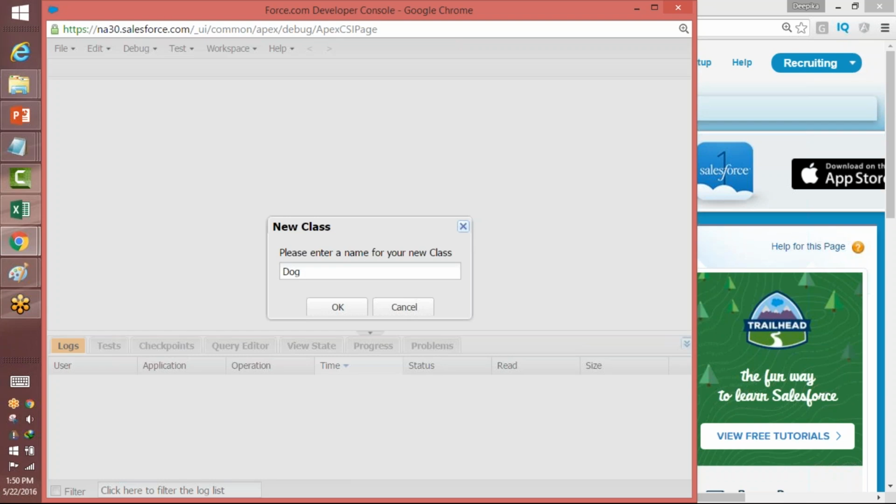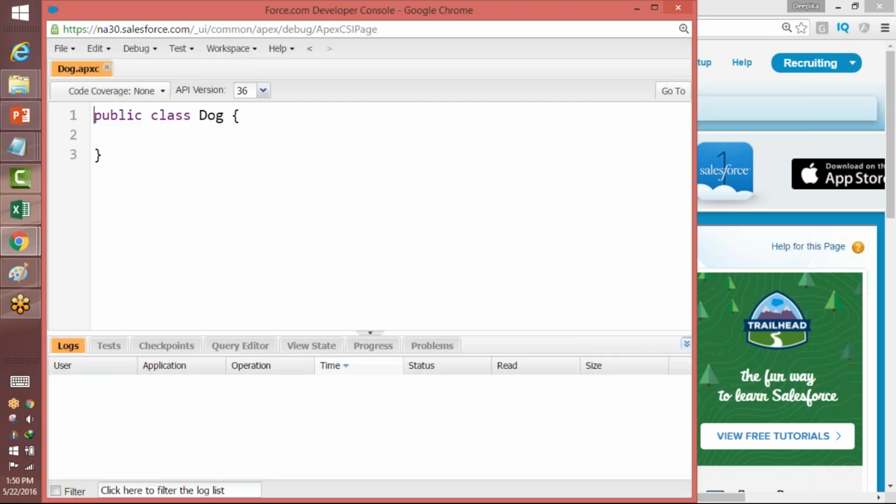There is a naming convention you should use. It's not mandatory, but it's always better to start the name of the class with a capital letter. We'll say okay. Now here, let's say what a dog has. Dog has